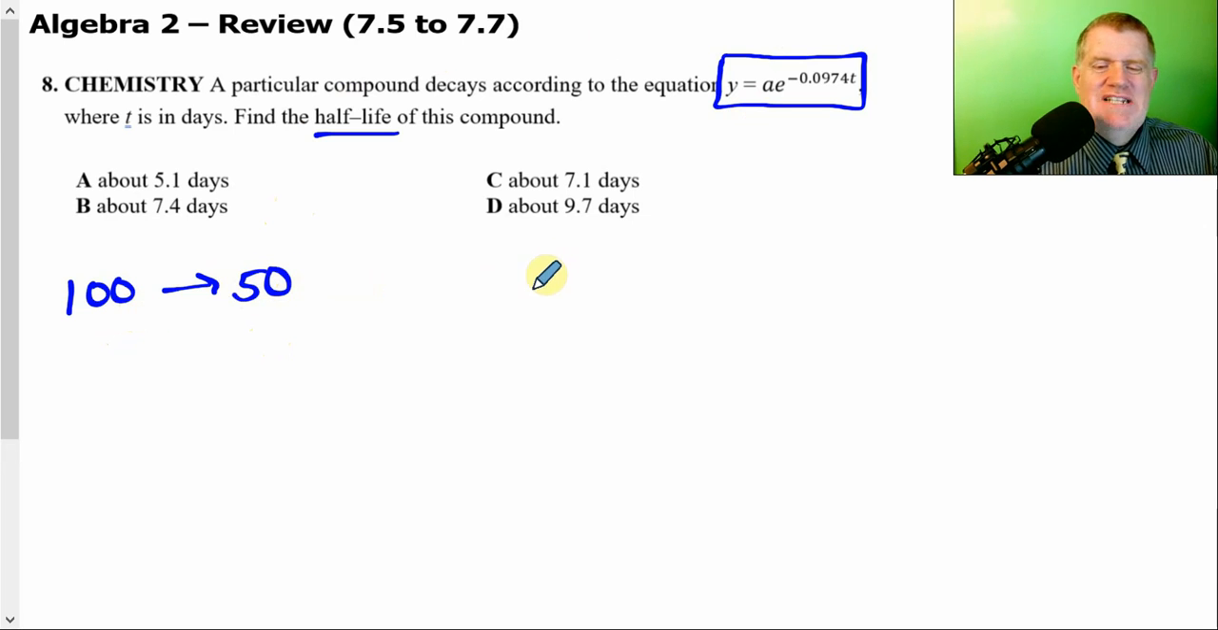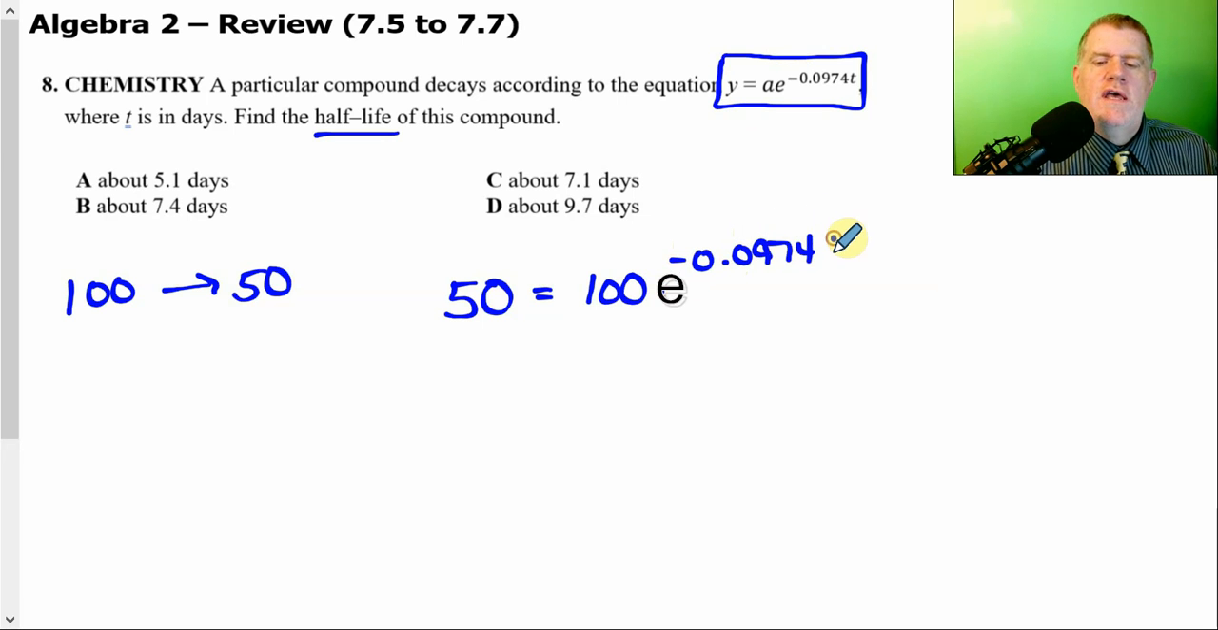So let's just, for the sake of argument, say that there was 100 to start with, and it went down to 50. So using this formula, 50 is where we're at right now. The A is where we started. We know we got 0.0974, and we don't know t. We're actually solving this equation. So if I divide both sides by 100,